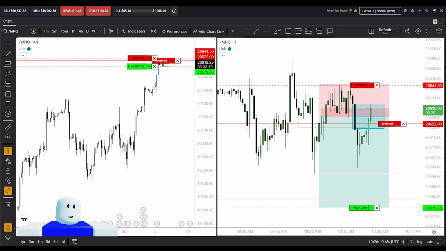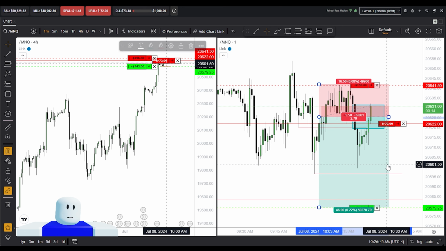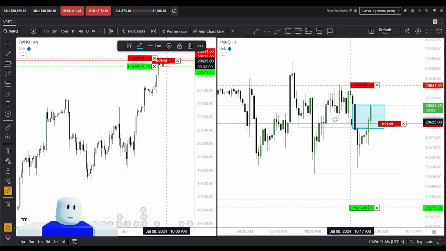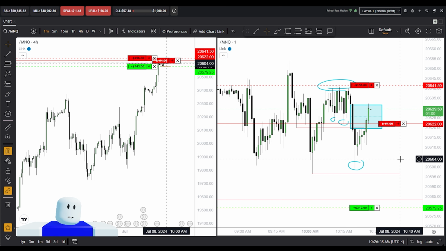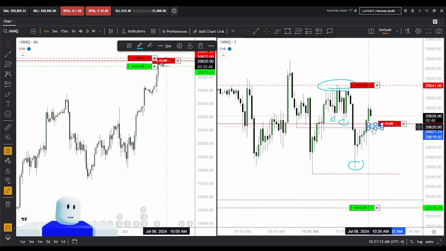Alright, from the looks of it, price generated sell side... damn, I'm just going to remove this real quick. Price generated these lows, which were sell side liquidity, took out sell side, and is now up to take out buy side. That's what I see. Since price has basically filled this entire fair value gap and is now going to trade into this small little fair value gap here, if it reacts to the upside, I'm likely stopped, which again, I'm okay with.